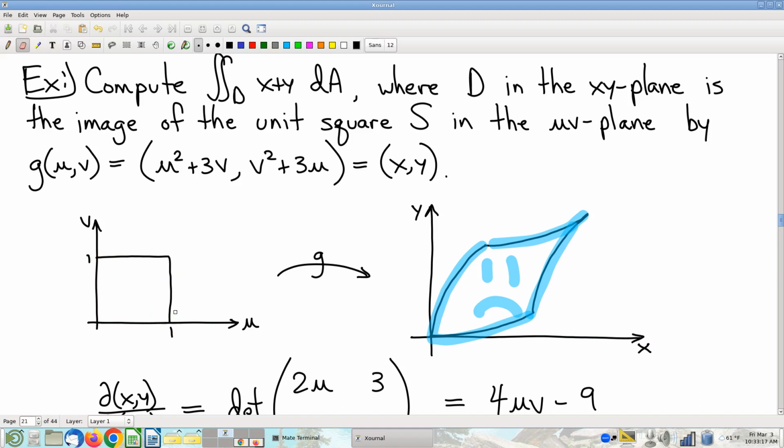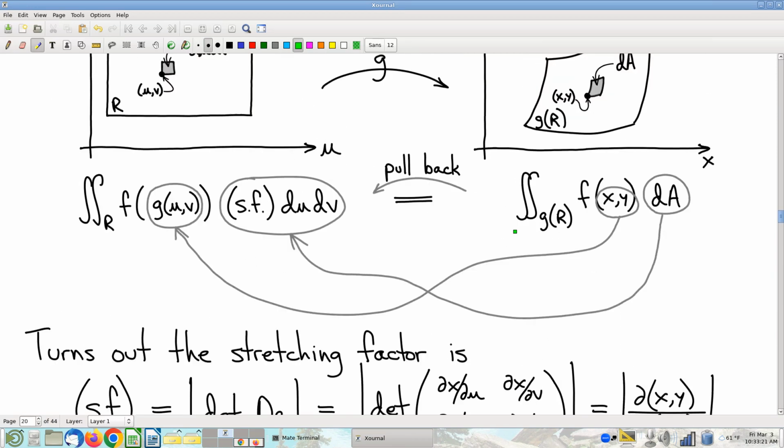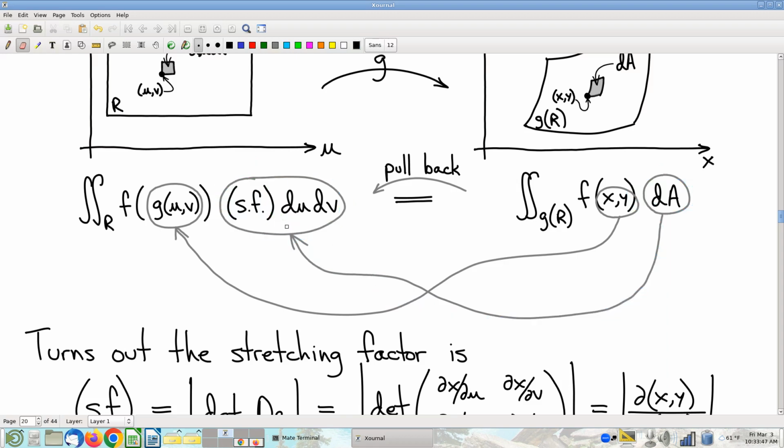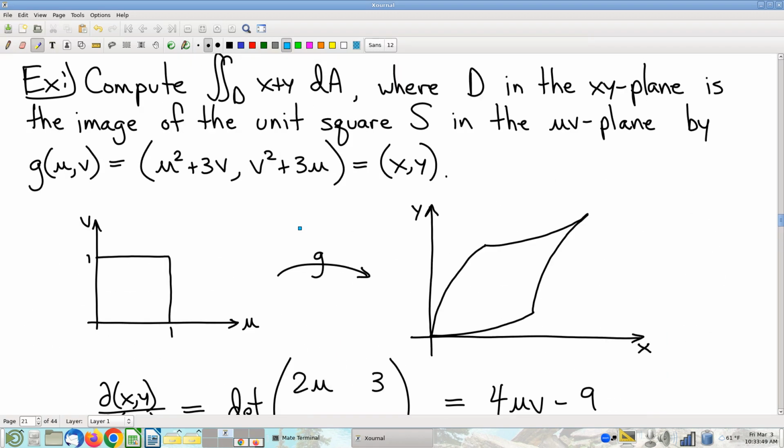Well, we use the formula on the previous page. We are going to do this pullback by plugging in for X and Y, for whatever they are, and by remembering also to compute and insert this stretching factor in recognition of the fact that the pieces of area on the right are not the same size as the pieces of area on the left. So, starting off with the stretching factor,